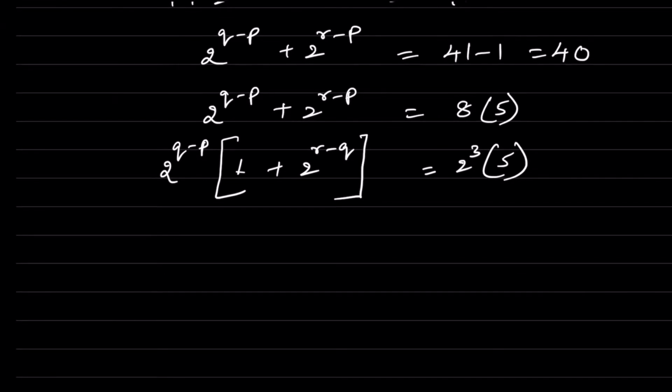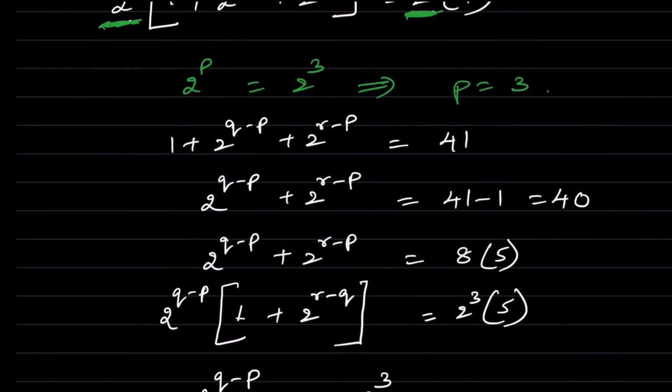So this implies that 2 to the power of Q minus P is equal to 2 to the power of 3. The bases are equal, so you're getting Q minus P is equal to 3,